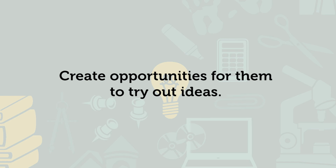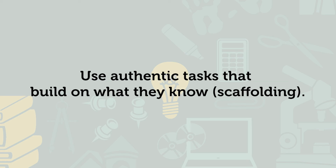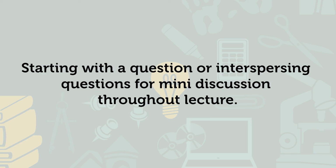Create opportunities for them to try out ideas. Use or have them use personal examples or life experiences as appropriate. Use authentic tasks that build on what they know. Scaffolding. Provide prompt feedback. Some general techniques that can be integrated into lecture include: start with a question or interspersing